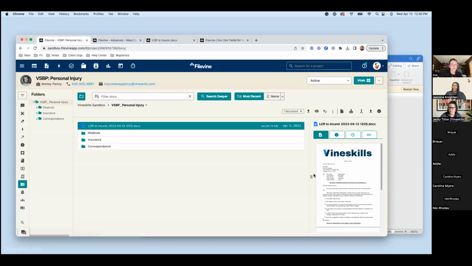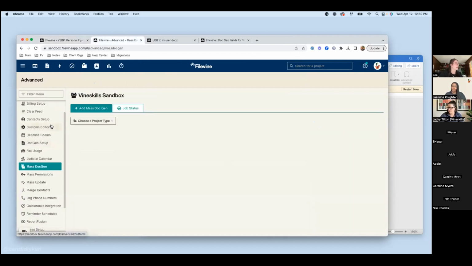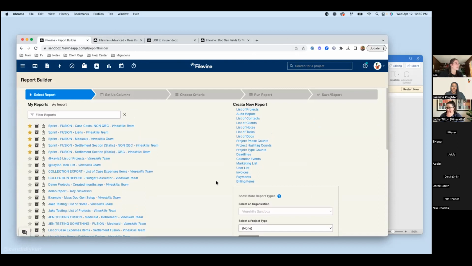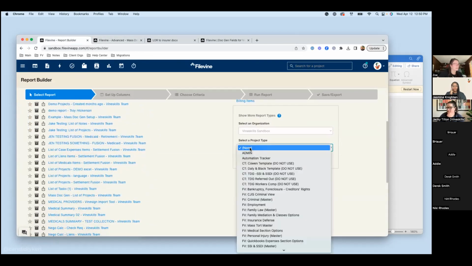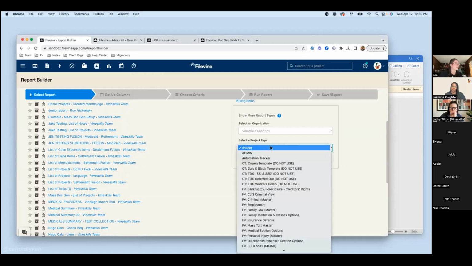Good question. What is a fusion? Ooh, that's a long answer. Okay, so a fusion, Nikki, you know how you're generating a report to do your mass DocGen? You would essentially do the same thing. You're going to start by building a report, and it's likely, like going back to our settlement statement here, you'd